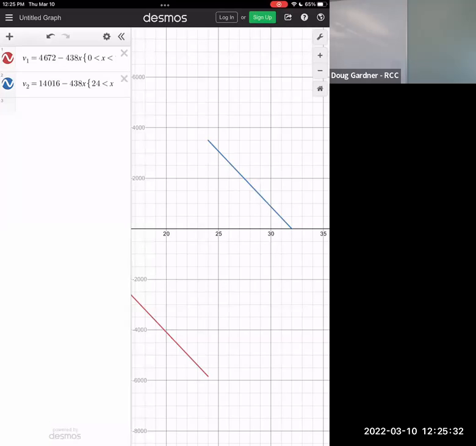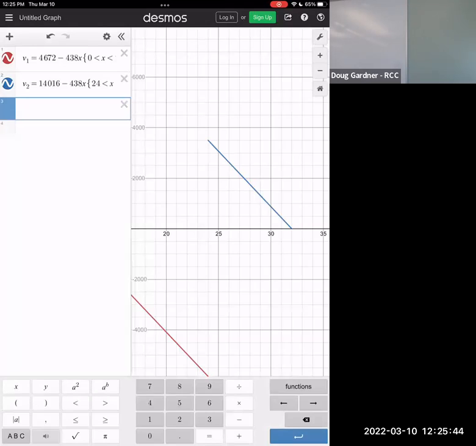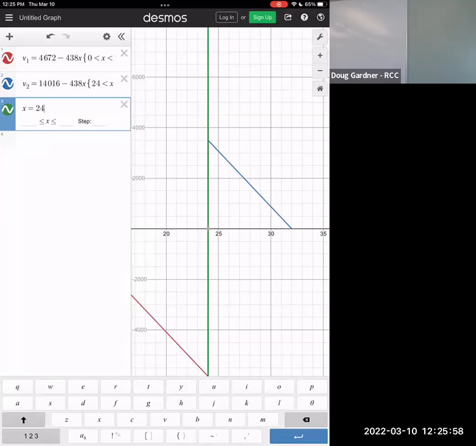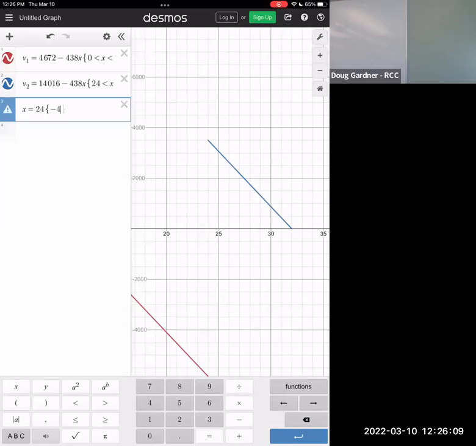So Doug, is that on the left side of B or the right side of B? Are we thinking of it as like a point? Yeah, actually they have to connect. And so there's actually a vertical line between those two, as it turns out. So actually you have to go back in here and say X equals 24. And then I have to figure out where those cross, but does it make sense if I went one step further and said, okay, this is between, let's see, negative 4,700 or something like that? I'm guessing, but you should be able to do the math on this, right? I haven't stopped to think about that yet, but